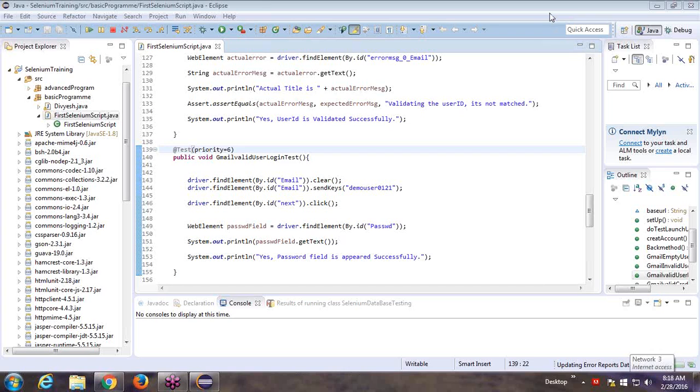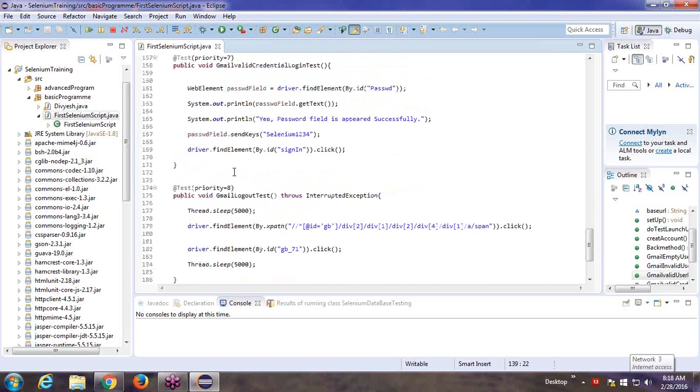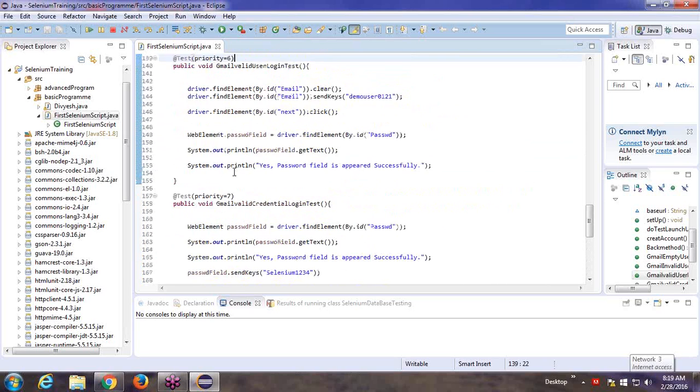So to control and handle those issues, we can set a priority order in which they will execute. In the test annotation, we put a priority, such as priority equal to 2, according to our test case